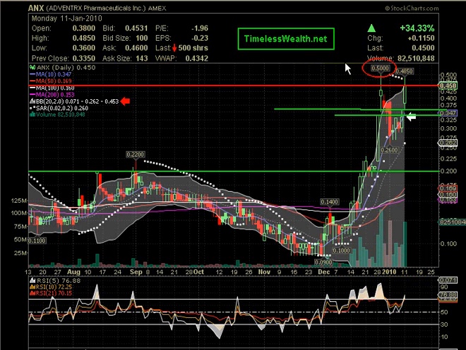The reason this is such a key level is not only the fact that this is the 52-week high in this market, but that this is the highest the price has traded at since, I believe, early 2008, late 2007. So what I'd like to do here is flip over to the weekly chart and give you a longer term perspective on events going forward.